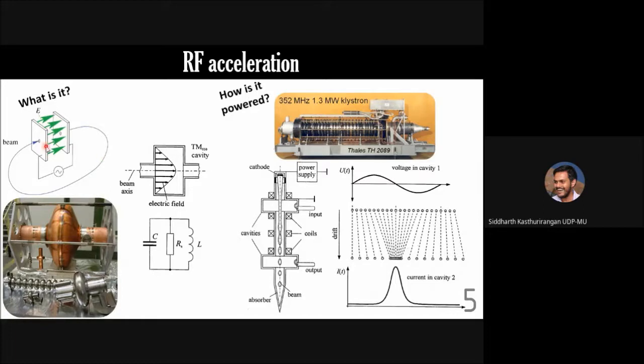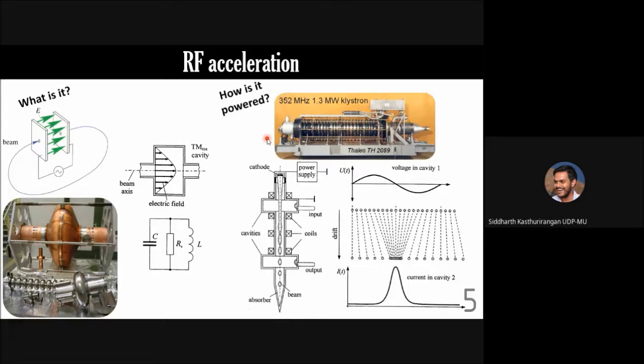Actually, when you have an RF cavity, just as we had shown earlier, there will be another parallel tunnel which will contain the power supply. The klystron actually takes up more space than the RF cavity itself. And transferring the power generated by the klystron to the RF cavity is also a challenging field in itself. Normally, it is done through waveguides because the frequency regime lies in the several hundreds of megahertz or few gigahertz region. So accordingly, some waveguides are used to transfer the power generated by the klystron to the RF cavity.